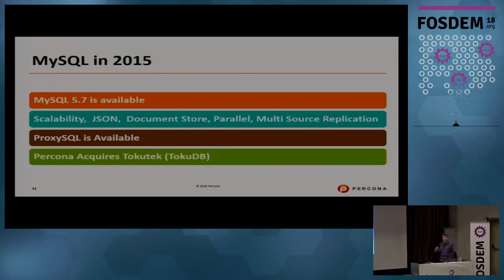Because by that time, a lot of a new generation of developers would not really understand relational algebra and this kind of complicated language called SQL, right? They would write their stuff in JavaScript, they would understand JSON objects, right? And that is a way they would like to work with persistence. That is why a lot of them would use MongoDB at that time, right? And MySQL was there to respond to that trend by starting to introduce JSON functions and also a document store, which is a MySQL feature, which provides an interface quite similar to MongoDB.